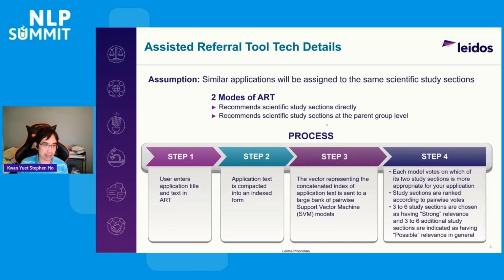We can expect that it would be a right assumption for this tool. And for your information, there are actually two modes of ART. One recommends directly the scientific study sections, and the other mode is suggesting it at a more parent